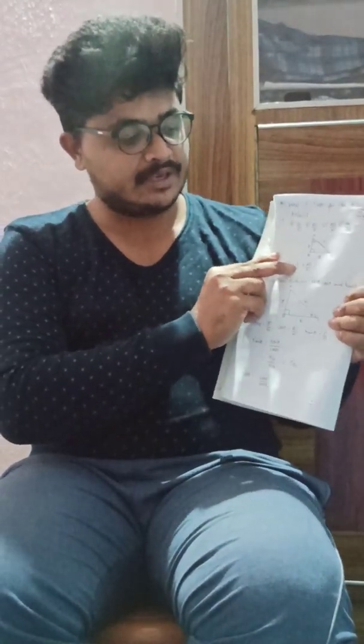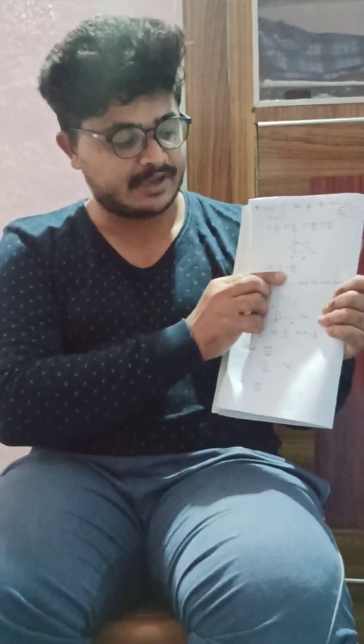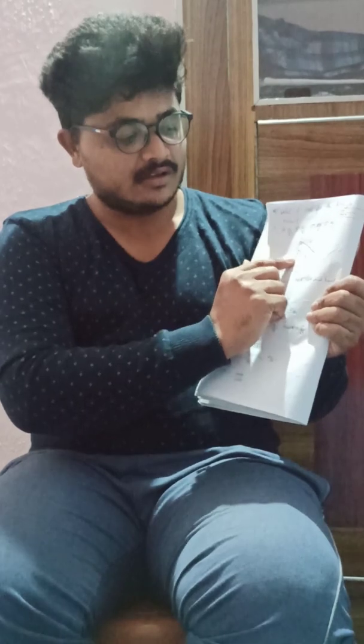This is a very simple one. So what is cos theta? Cos theta is nothing but the ratio of B, which is the base, and H, which is the hypotenuse. So cos theta is equal to B by H. So what is B by H? B is nothing but BC and H is nothing but AC.